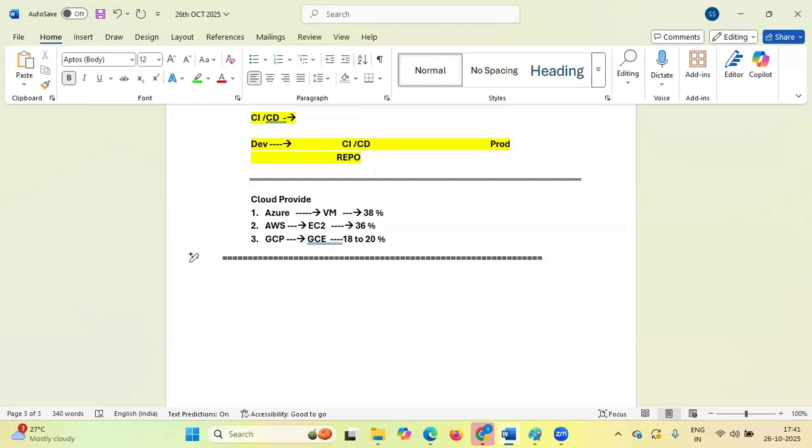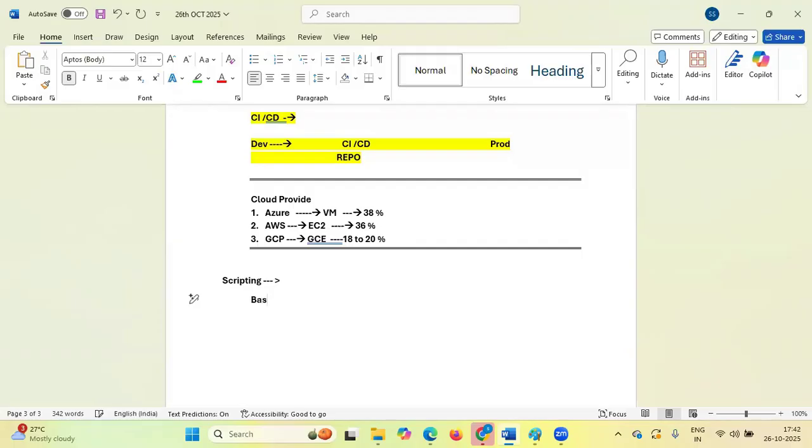Now, one more part I want to cover, that is scripting. In this particular session, as a DevOps engineer, you should have the knowledge of Bash. Also, you should have Python, because nowadays without Python, no one will hire you in a good package.